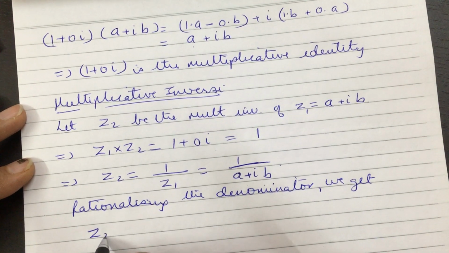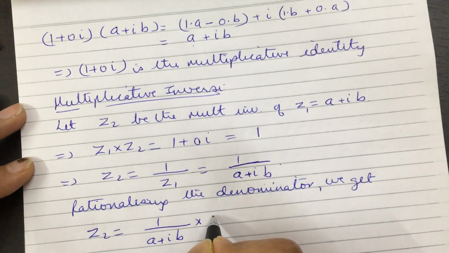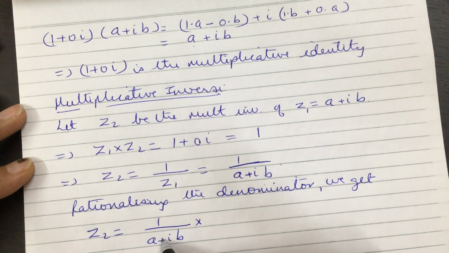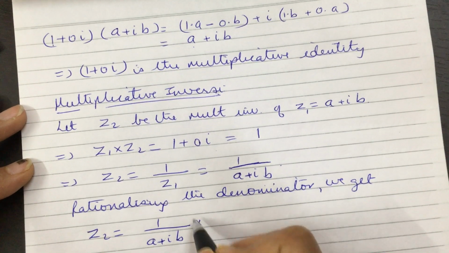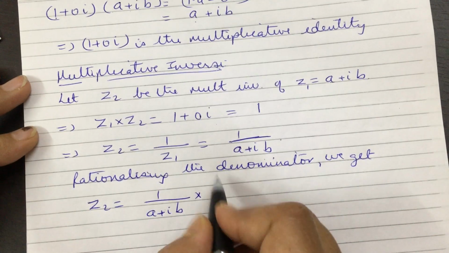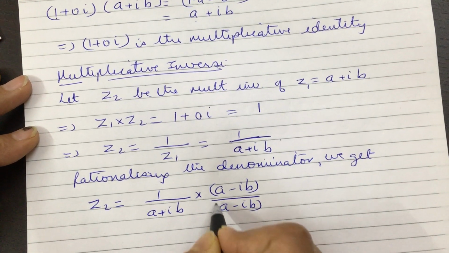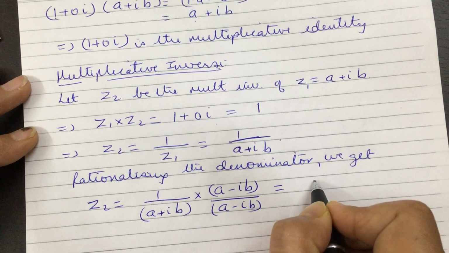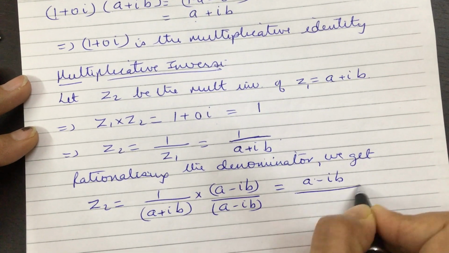So, what we get is Z2 will be 1 over a plus ib into, so what we do is we change the sign of the imaginary part and multiply and divide by that. So what we get is a minus ib upon a minus ib. This gives us 1 into anything is the same, that is a minus ib upon